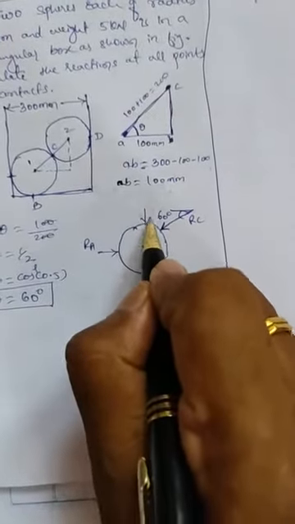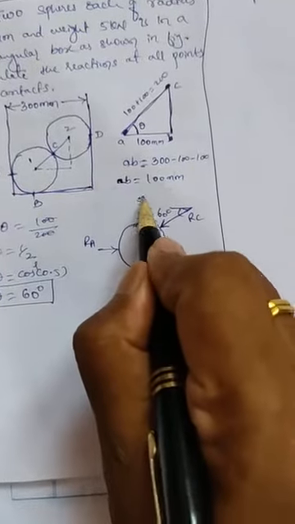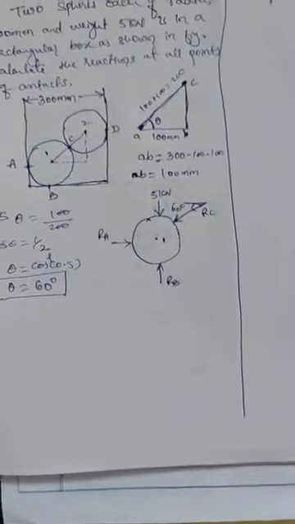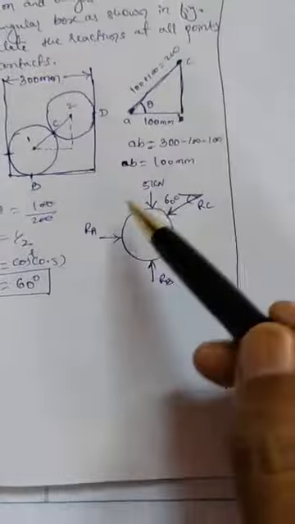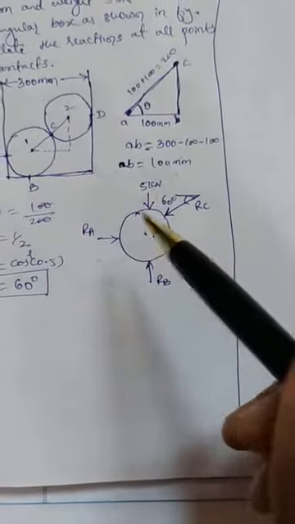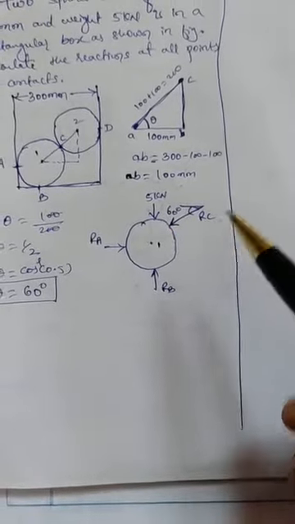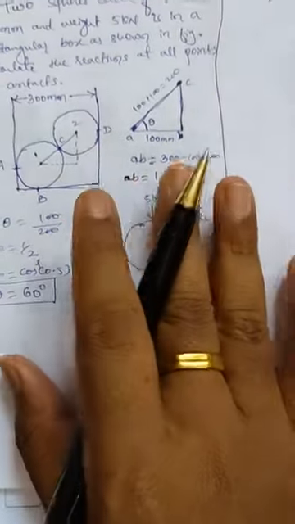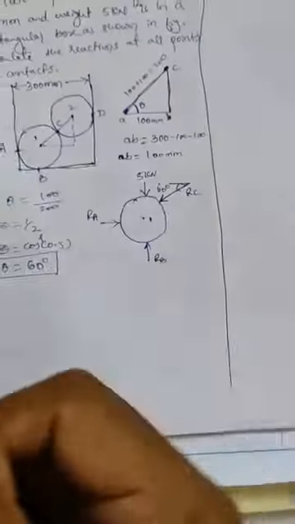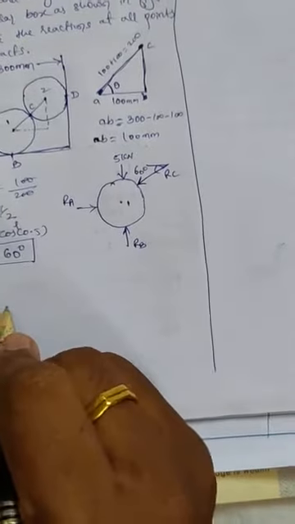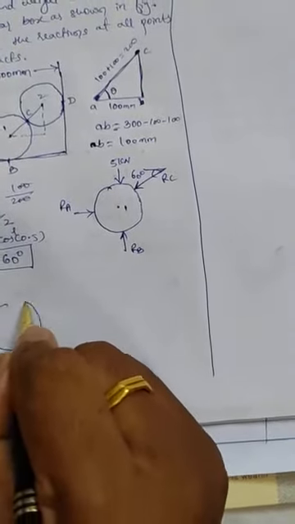One more is self weight, which is 5 kilonewton. It is given. Look here, totally we have 4 forces, and 3 unknowns, so it is not possible to apply Lami's theorem and solve at this instant. Leave it. Now what we do is, we try to show the forces acting on sphere 2.